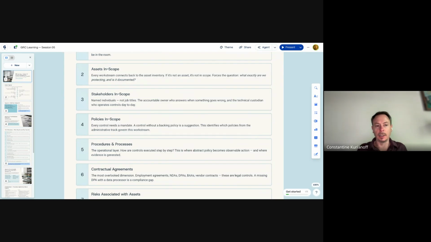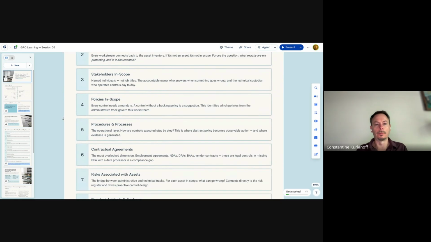Then the fourth dimension is what policies are in scope of this work stream. Again, if it's IT security, then policies are all about access control, device management rules, device sanitization practices, all those checklists in scope of provisioning the device, shipping it to the employee or handing it off to the employee and then returning.